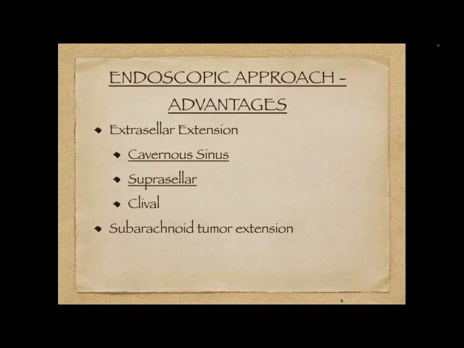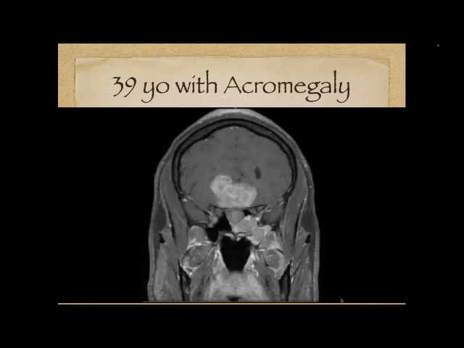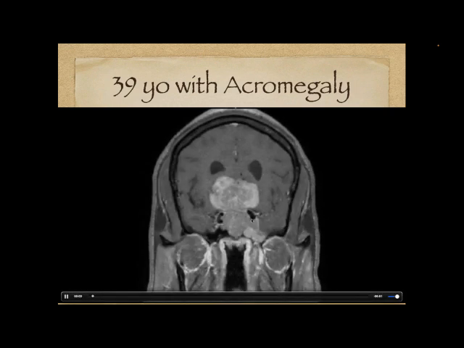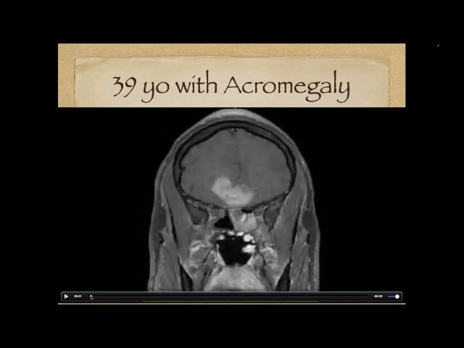So other areas where we have an advantage are the area called into the brain itself, and it's very rare for a pituitary tumor to actually escape into the brain. Now this may look maybe a little similar to the tumors that we saw before, but this is much bigger and much uglier. You'll notice it doesn't have a nice round surface. It's almost like a rough edge to it.